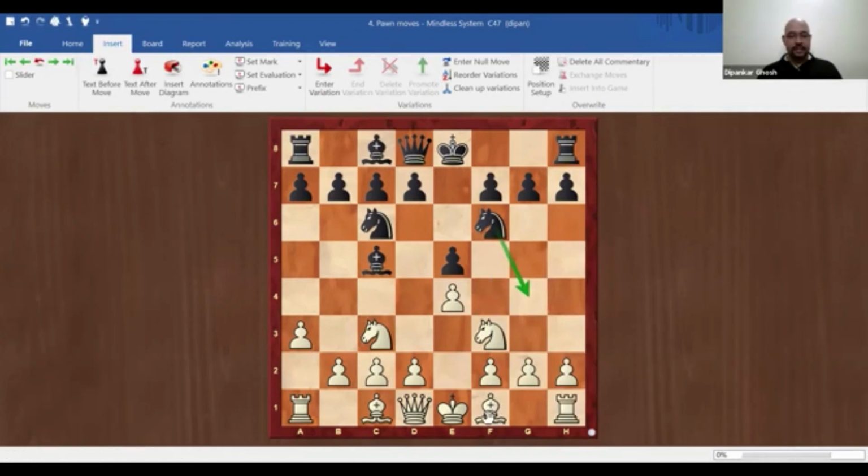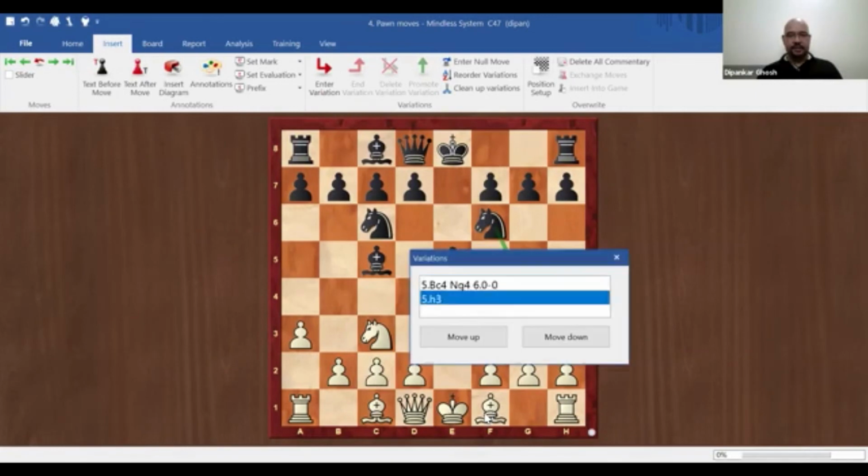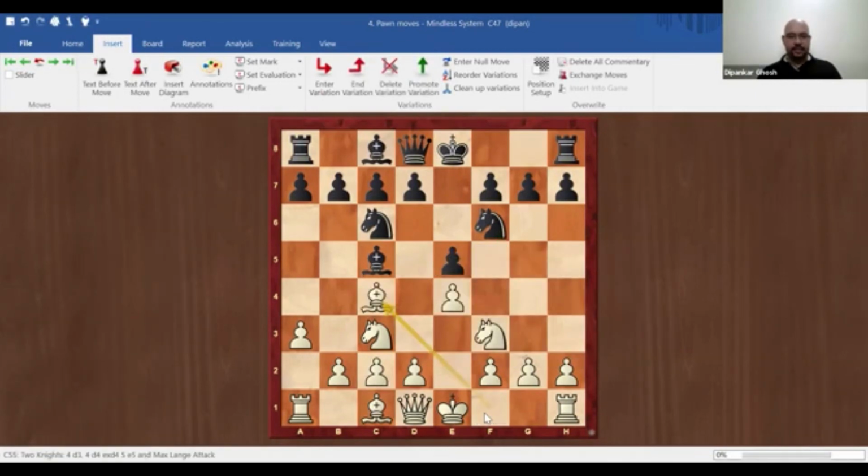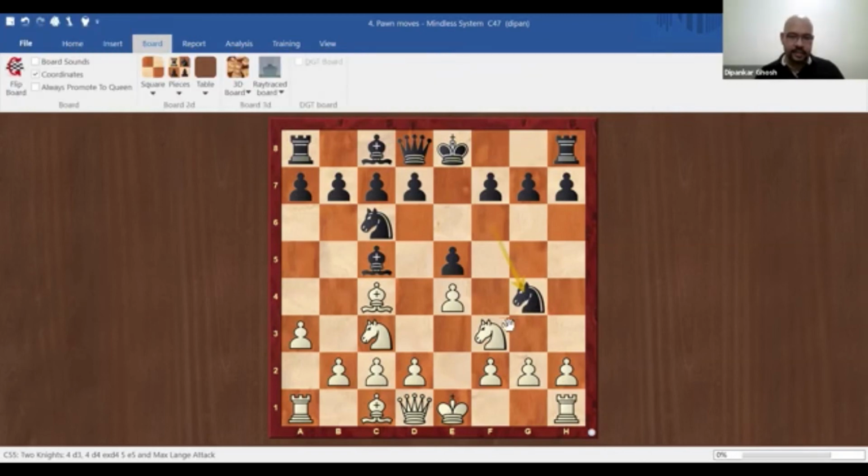So white can simply develop, actually. So bishop c4, just get your pieces out. Now you may ask, okay, well, what if black goes ahead and plays this dreaded knight g4 move? Well, you just castle, which is anyway part of our plan.